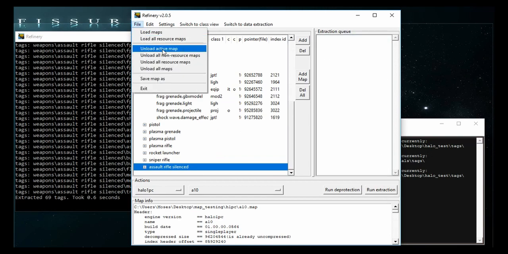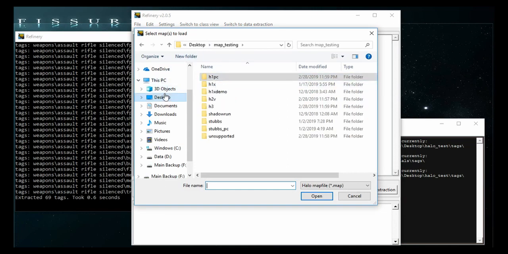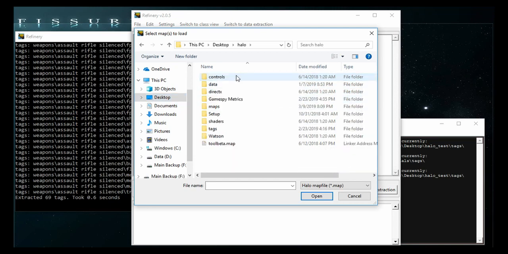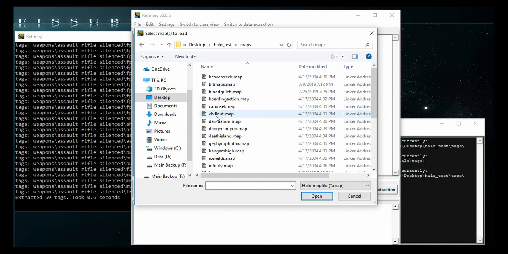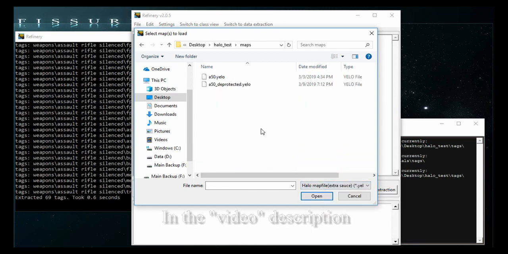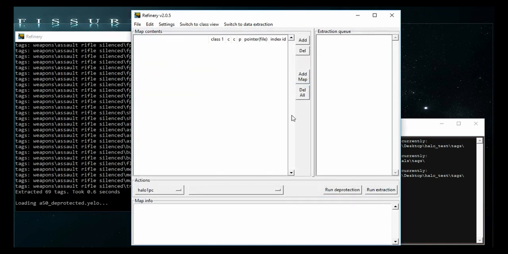Finally, we're going to extract one more tag. And that is going to be a sound effect, a silenced firing sound effect, which we will be taking from a map that is in the description. This map, A50. I've already deprotected it. Just follow the previous tutorial on how to use Refinery for deprotection. So I'm going to load it,